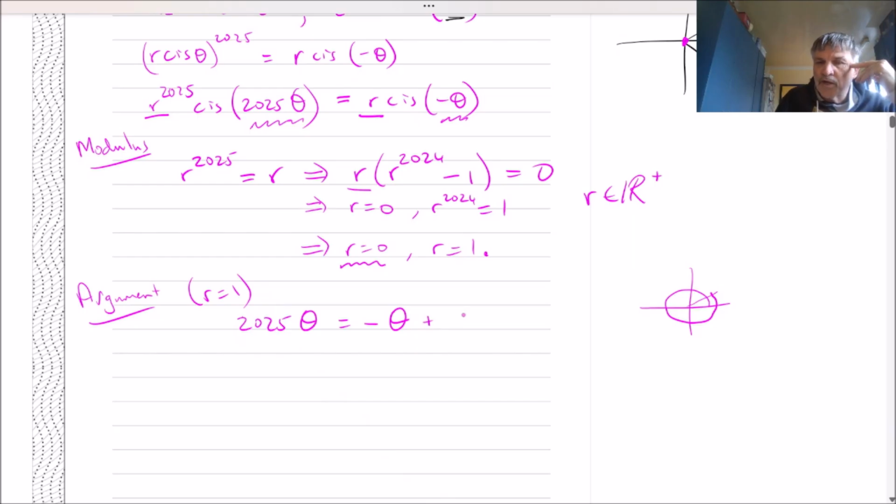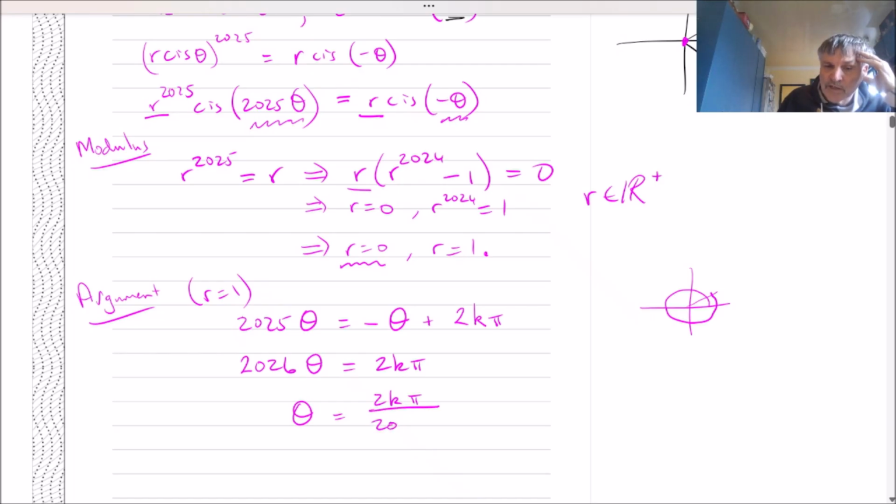So we can go around 2 pi, and we can do that multiple times. So if we go around k times, all equations of this form for various values of k will give us solutions. We can tidy this up by adding theta to both sides, so we get 2026 theta is 2k pi, and that means that theta equals 2k pi divided by 2026,